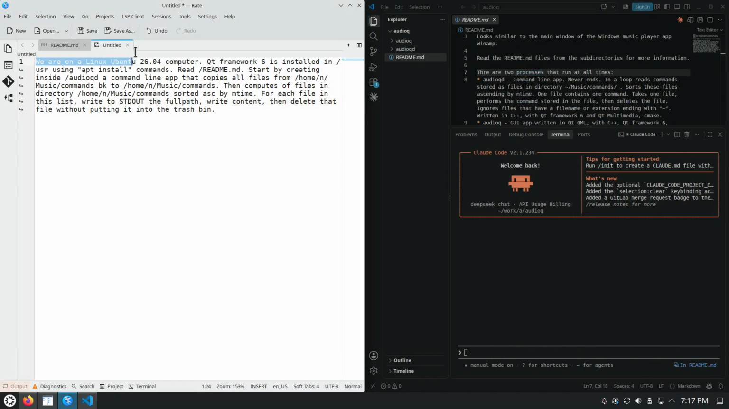We're telling the LLM that we are using a Linux computer. The source for the Qt dev packages and modules and header files, etc., is going to be /usr. We have installed Qt using apt install commands from the Ubuntu 26.04 dev package repositories. We will start with the command line app first, and then we will get the GUI up. So we tell it about the directory